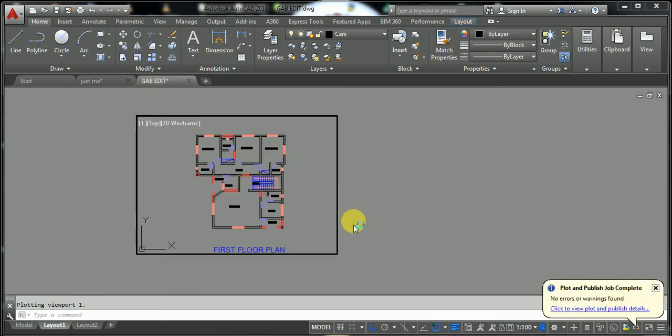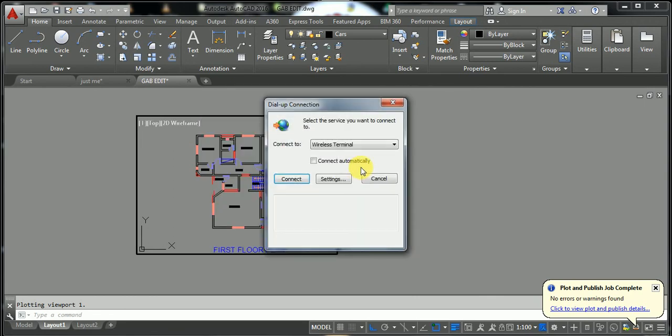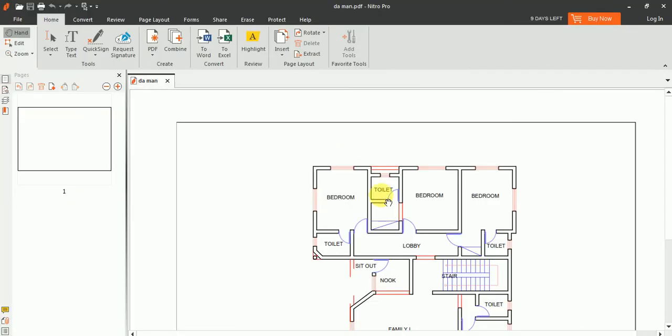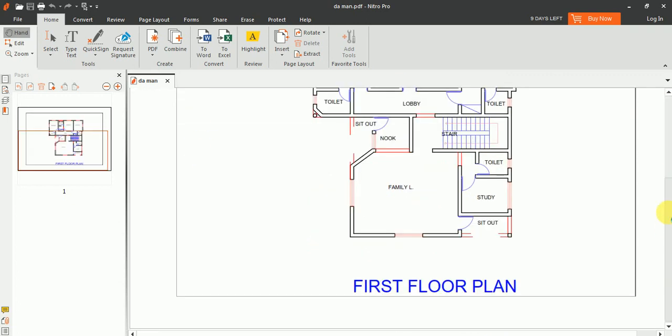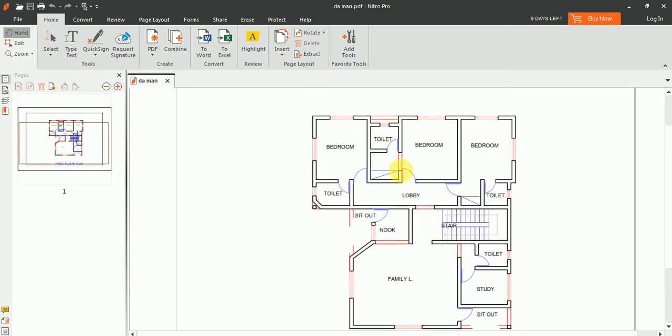I'm saving it as I said earlier. So if you check and look, the thing is displaying as PDF now. So if you like, now you can take this PDF to go and print anywhere. So that's the point. Now look at it, as you can see, this is the work now in PDF format. So if you like, you can take it anywhere to go and print. So this is the PDF work as we are talking now. So this is how to plot.